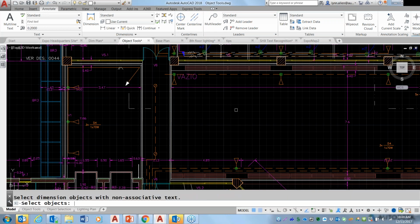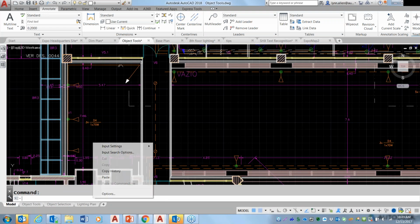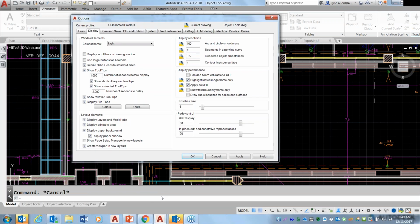This is an awesome command that allows you to basically say all for all the objects in a drawing, and it will highlight the offenders. Can you see that this one was highlighted right there? It's kind of hard to see because I have a black background right now. I don't know if I want a black background. Let's change it. You can't even see it. Well, first of all,